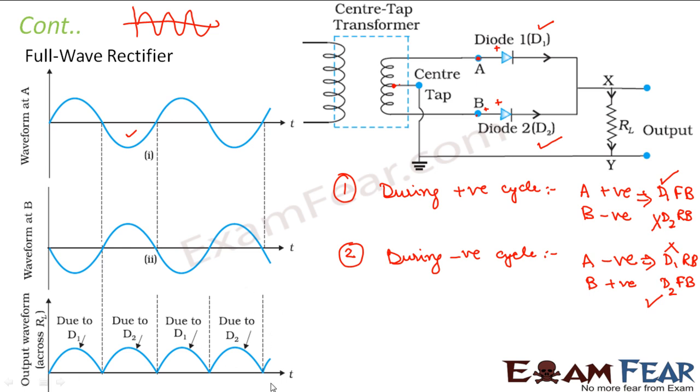Also, if we compare the frequency of the output with the input, what do we see? If you compare just one cycle of the input, how many waves are there? Just one wave. And if you compare the respective cycle of the output, how many waves are there? There are two waves, right? So in case of a full wave rectifier, frequency of output is equal to 2 times the frequency of input. So this is how we see that semiconductor diodes can act as rectifiers. Let us now look at the next application, that is the Zener diode.